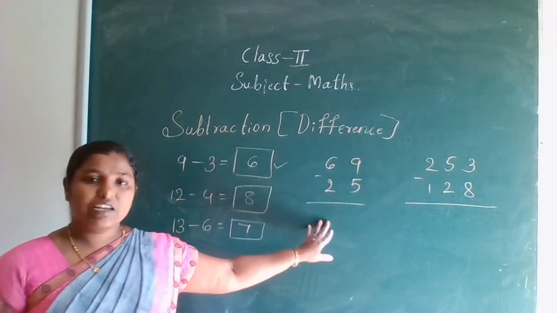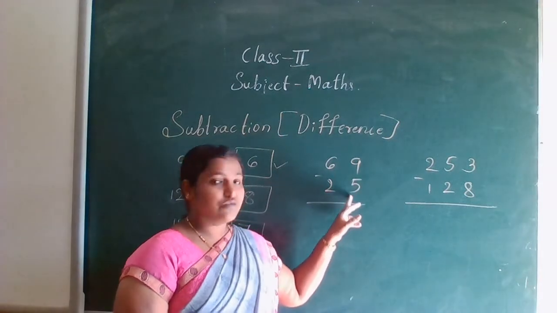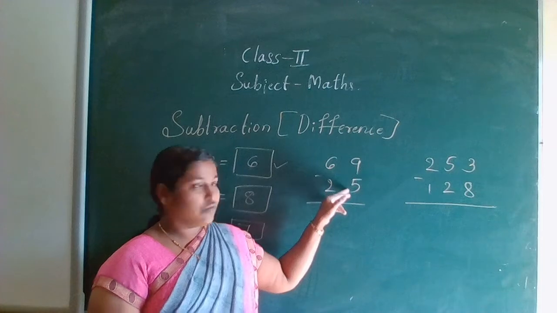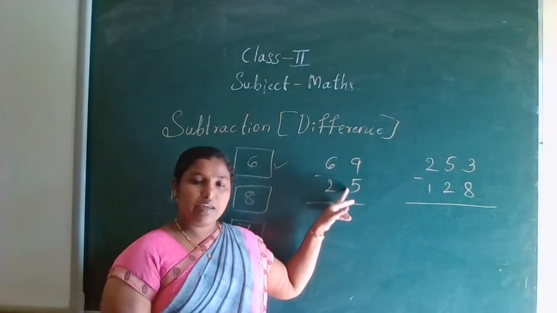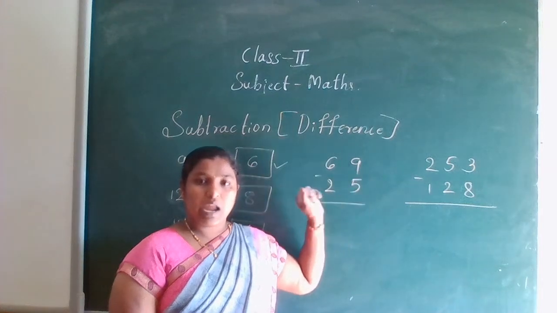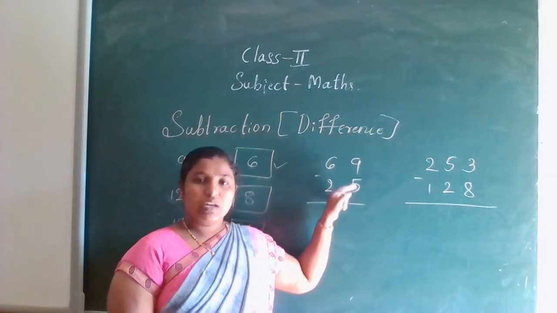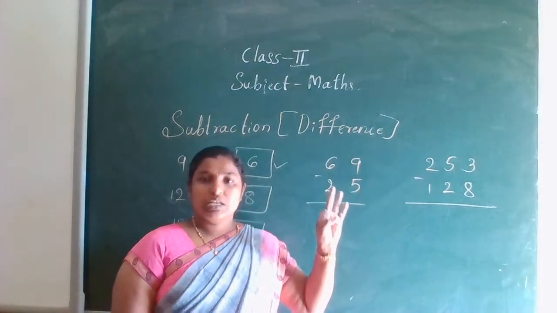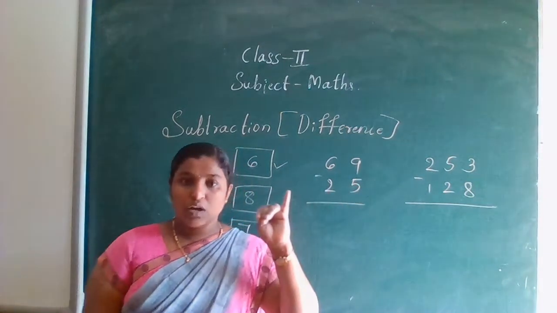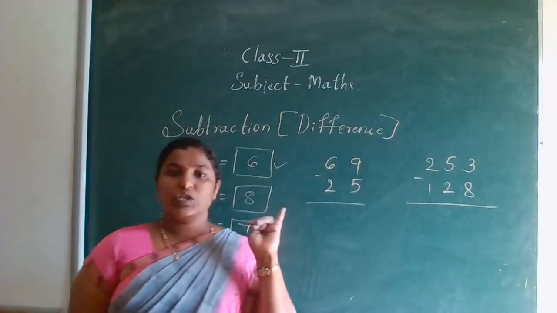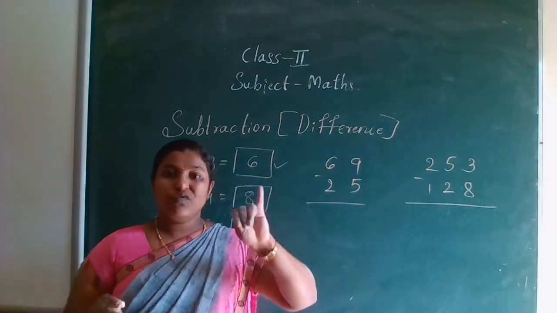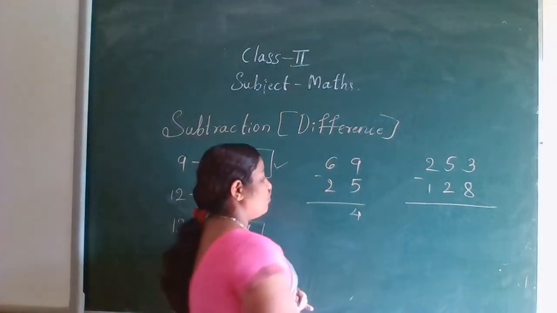The problems in columns. 9 minus 5. Okay. 5 leave. Count the next number of 5, that is 6. Count from 6 up to 9. So leave 5. Next you count 6, 7, 8, 9, up to 9. When 9 comes, you should stop. Don't go on. So how many fingers folded? 4. So the answer is 4.